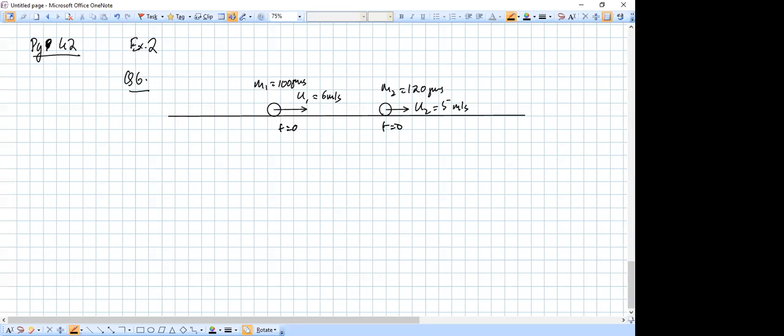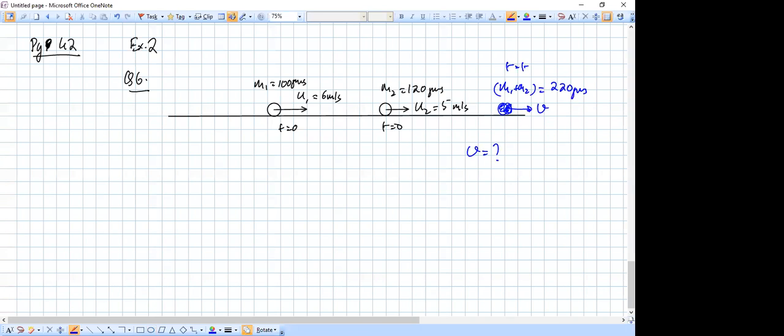So this is moving faster than this, so eventually the two of them will collide. And after colliding, it is given to us that they will stick to each other. So let's say after some time over here, they collide and they get stuck to each other. They get squashed and stuck to each other in one common mass, m1 plus m2. This happens at some time t, and that is 220 grams. And that common object is now moving at some velocity v. So we have to find out v.